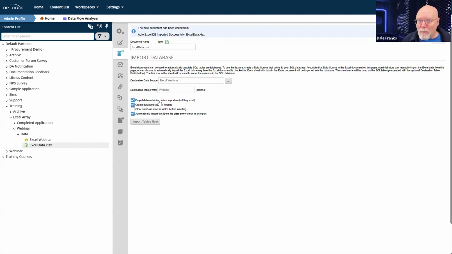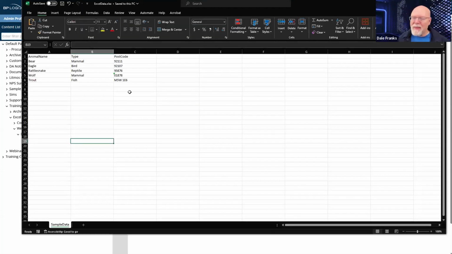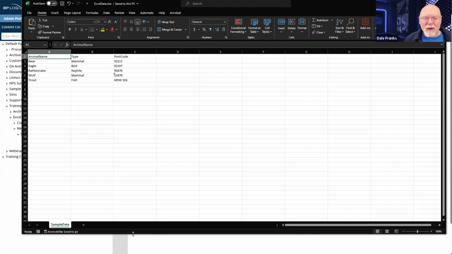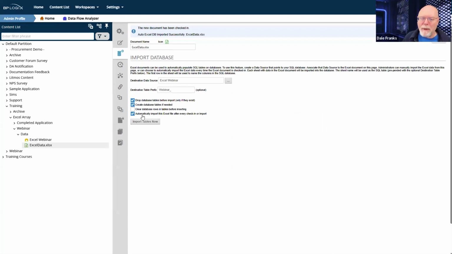I don't want my data types to change, and they will change to nvarchar max. Actually, two of the fields will be nvarchar max, and one will go back to decimal if I try to re-import this data again in a spreadsheet that doesn't have the data types physically present in the column header. Don't want that to happen. So I can't use drop tables. I've got to turn that off.